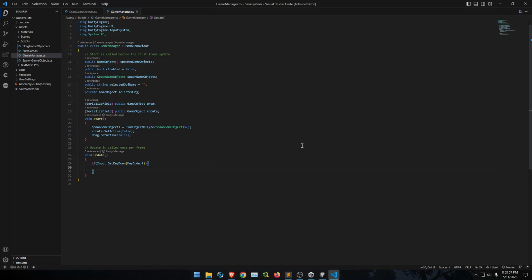All right. Now if we hit the R button, we are going to say R enable is going to be equal to whatever it's already not. So basically if it's false, it's going to be true. If it's true, it is going to be false. So that's the entire logic there. And if R enable is equal to true, that means our rotation is actually active at the moment. Then